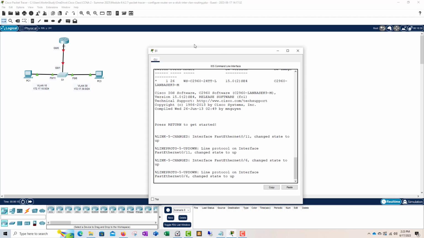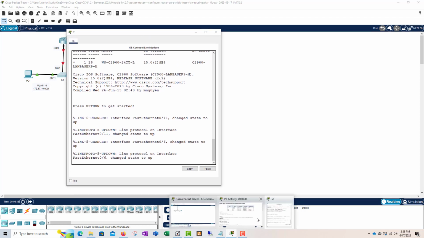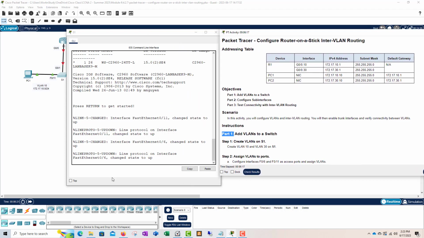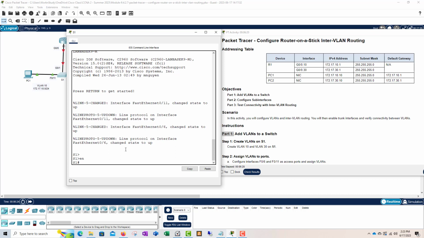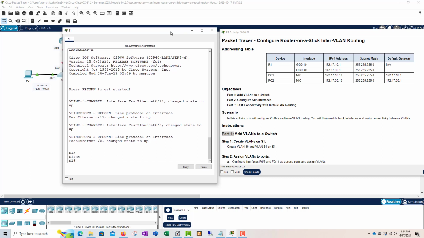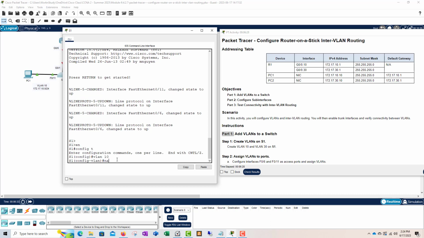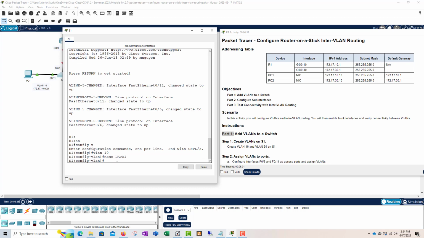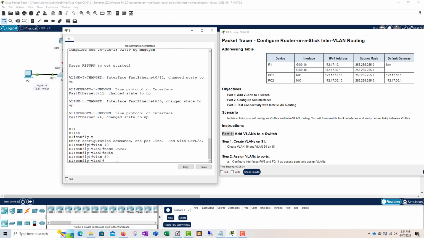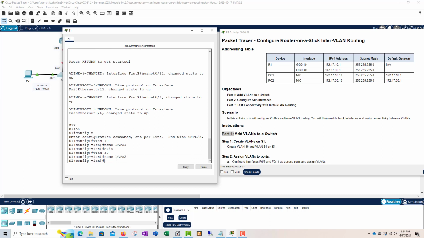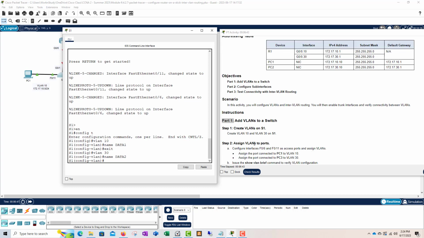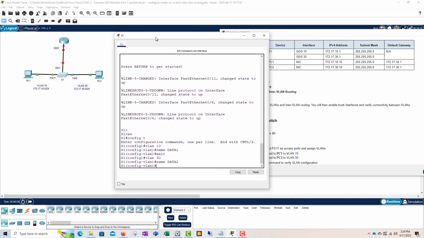So we go to switch number 1. We want to add VLAN 10 and VLAN 30. Let's start by adding VLAN 10. You can name it data1 for VLAN 10, and then VLAN 30, name it data2. So that's step 1. Step 2 is to assign the VLANs to the ports on the switch that connect to the PCs. So if we look at the topology here,